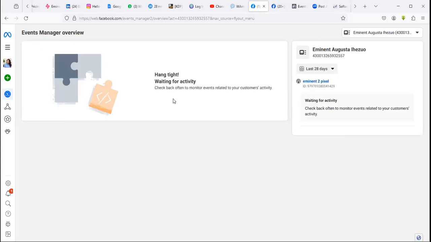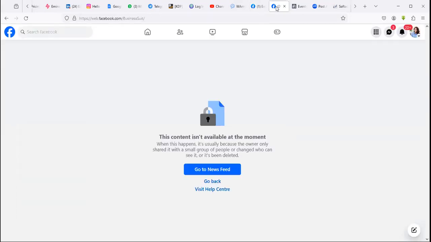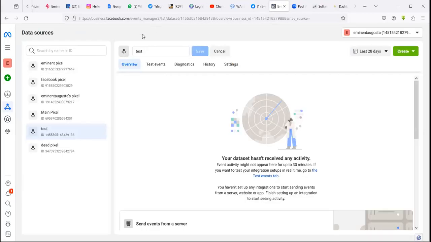From here, we clicked on our Facebook page. From our Facebook page, we went to our Facebook ad account. From the Facebook ad account, we went to Settings. From Settings, so this is our Event Manager, but I will not advise you to follow this route. I won't advise you to follow this route at all. So I'd rather you use the business suite,